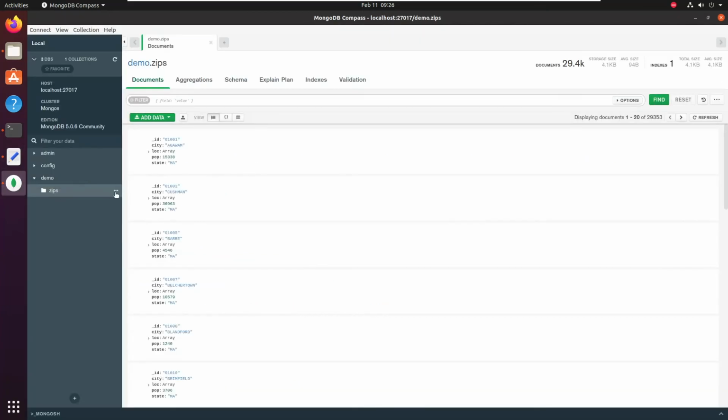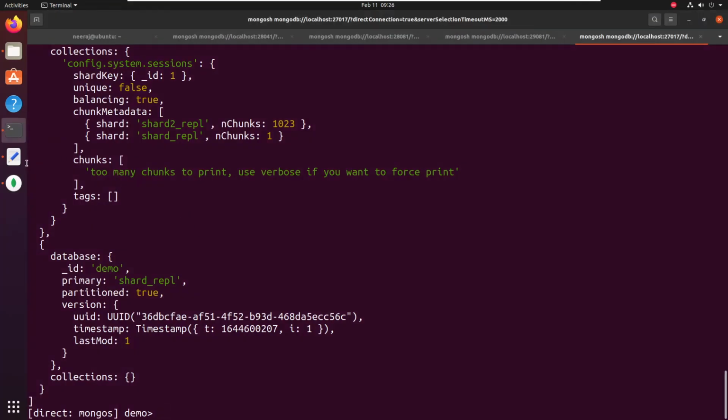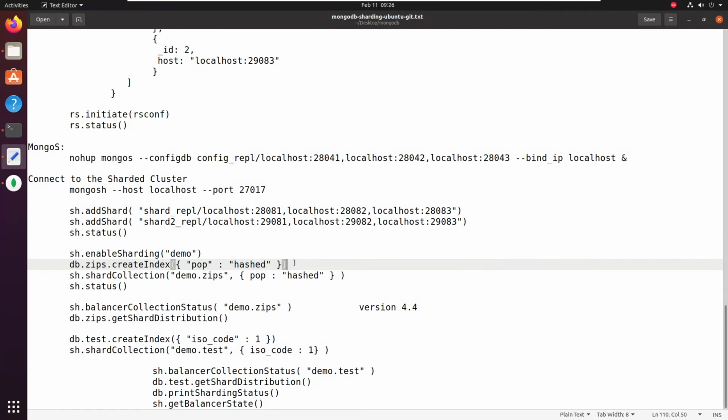So in this collection we have a field called pop, and please watch my other videos on the concepts of cardinality of shard key, right? So here _id is also there. City has lesser cardinality than pop, right? So I'm going to create a sharded collection on a shard key with pop as one of the fields. I'm going to create hashed sharding here on this particular collection, and for that I need to create